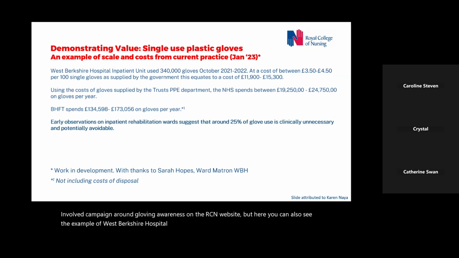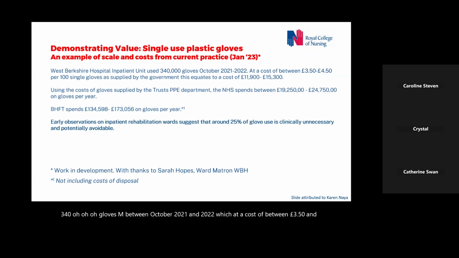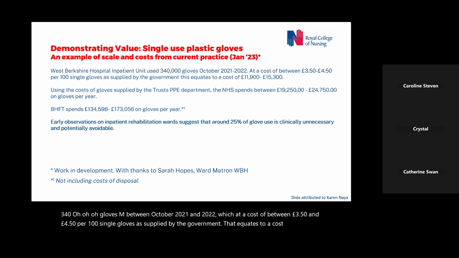They used 340,000 gloves between October 2021 and 2022, at a cost of between £3.50 and £4.50 per 100 single gloves as supplied by the government. That equates to a cost of between £11,900 and